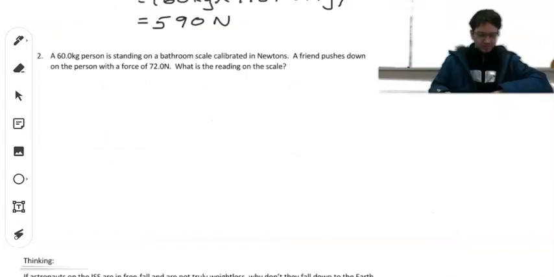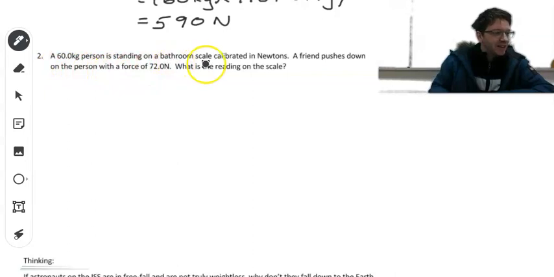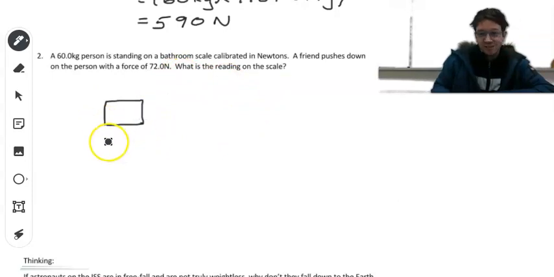Okay, in our next sample problem, here we have a 60 kilogram person standing on a bathroom scale calibrated in newtons. A friend pushes down on the person with a force of 72 newtons. What's the reading of the scale? Let's draw a free body diagram. Every time we do forces questions, we're going to start with a free body diagram and write all the forces